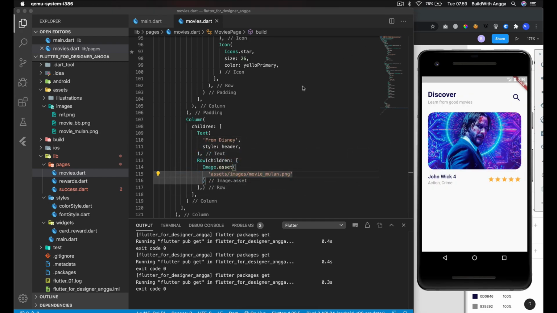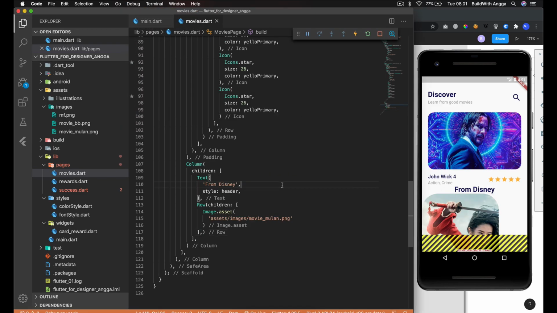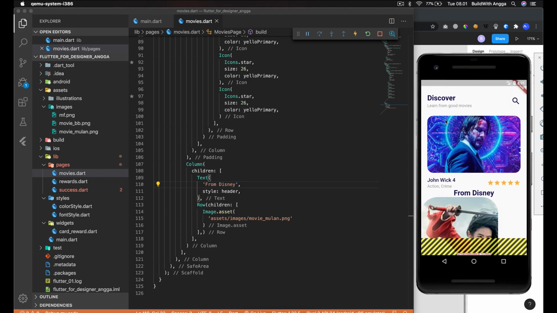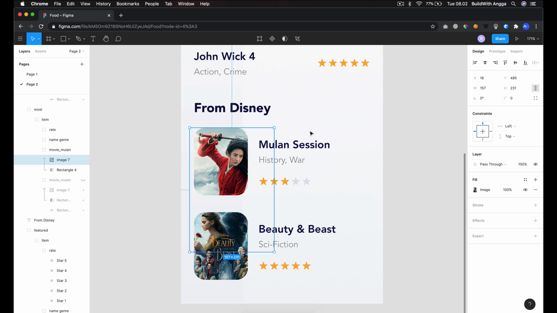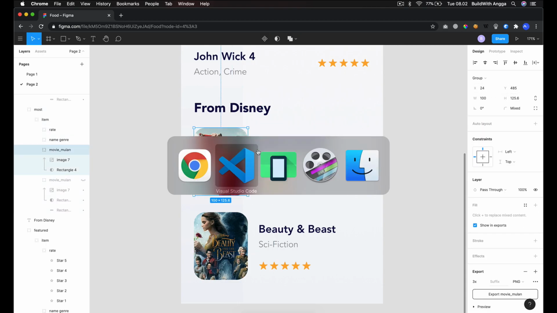Okay, I think we need to restart the debugging. Okay, so after you restart this debugging, you will see that this is your latest design, like this. So in this section we select this cover. We need to set up this height.